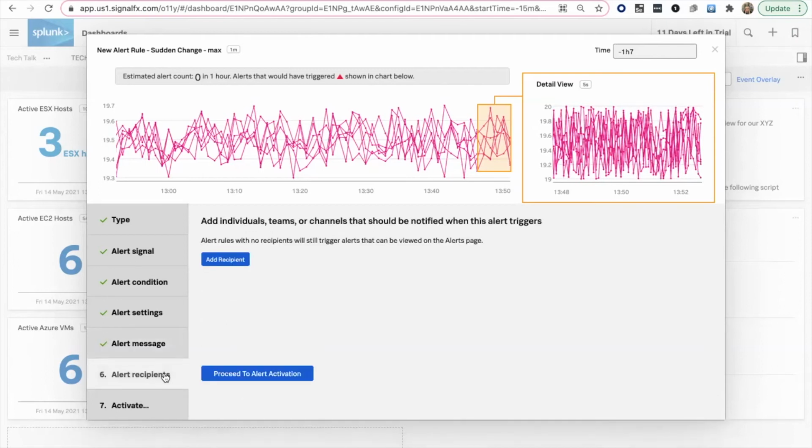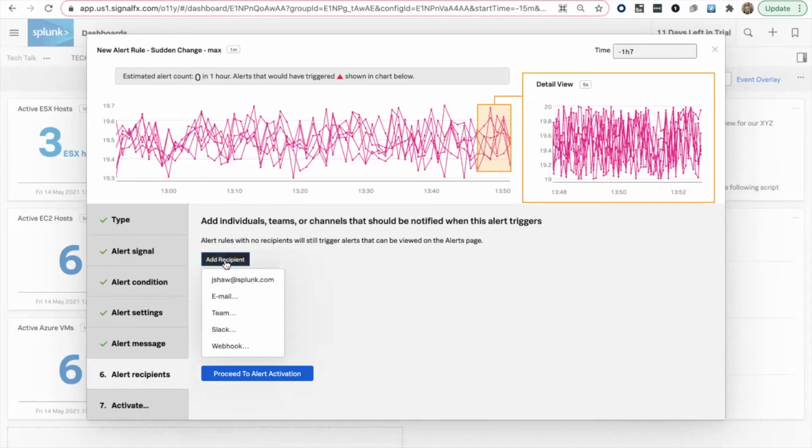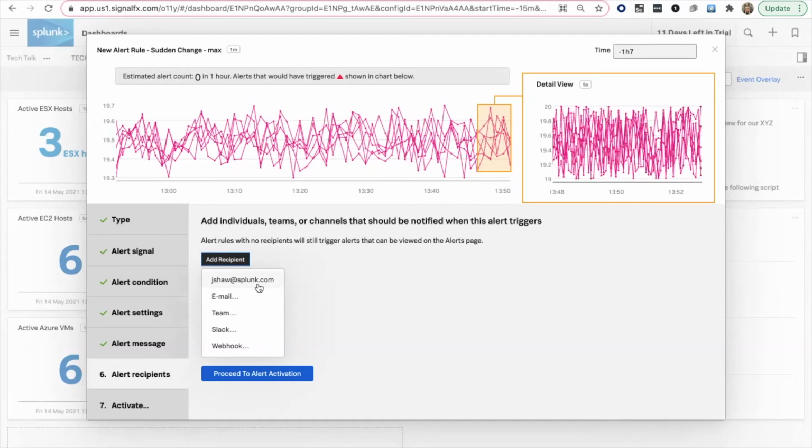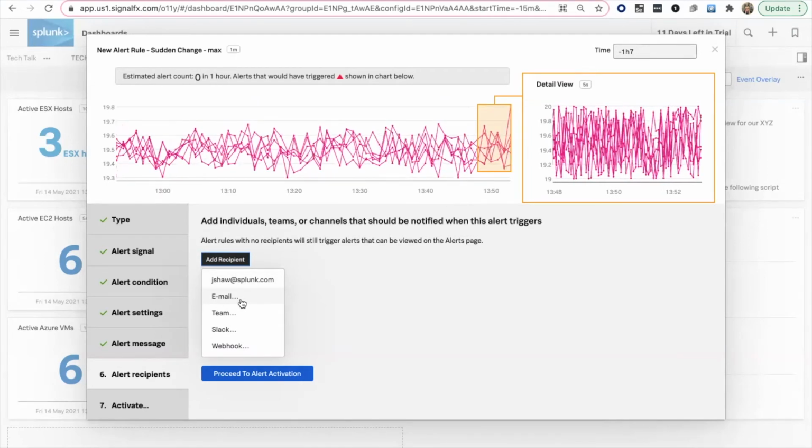Recipients is a notification perspective most commonly. So when I add a recipient, not very much is enabled in this environment. This of course would email me, that's who's running this demo. You could send an email to anyone though, it doesn't have to be a user. So I'll just send it to myself so I don't